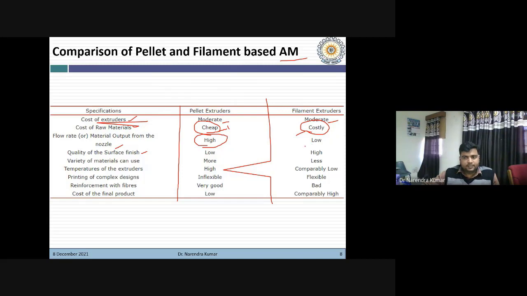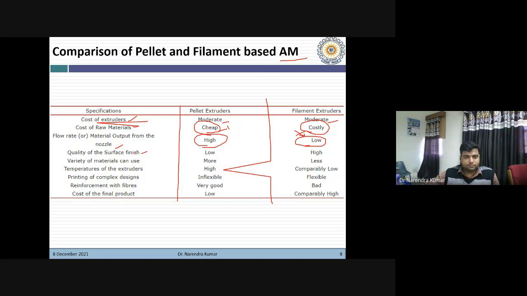But here, since we are purchasing filament directly from the market, we need to make a system that should be compatible with the commercially available material. So with that commercial system, the output is very low. One part may take almost 24 hours, 48 hours to complete.